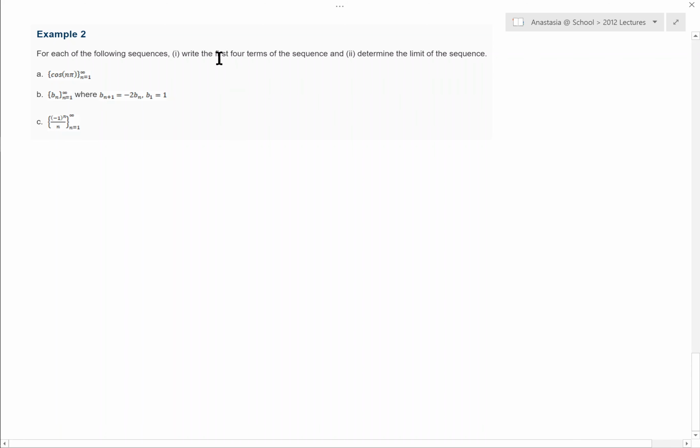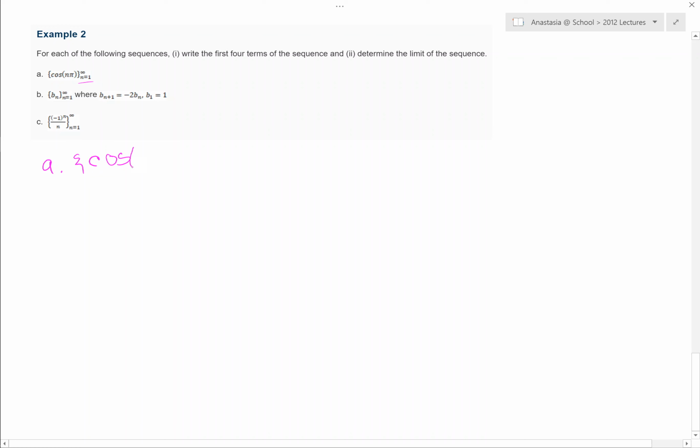So one of the reasons why I have requested that you write the first four terms of the sequence is that it can help you get a feel for the behavior of the sequence, which will help you determine the limit of the sequence. So starting off with part A, the cosine of n pi, with n starting at 1,